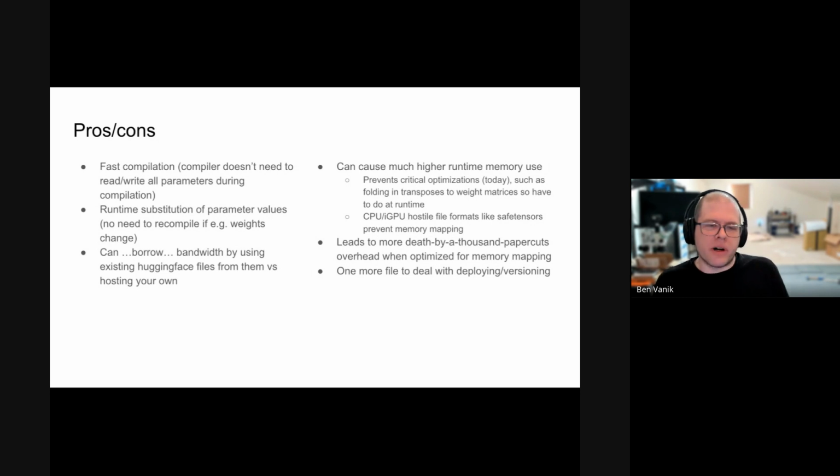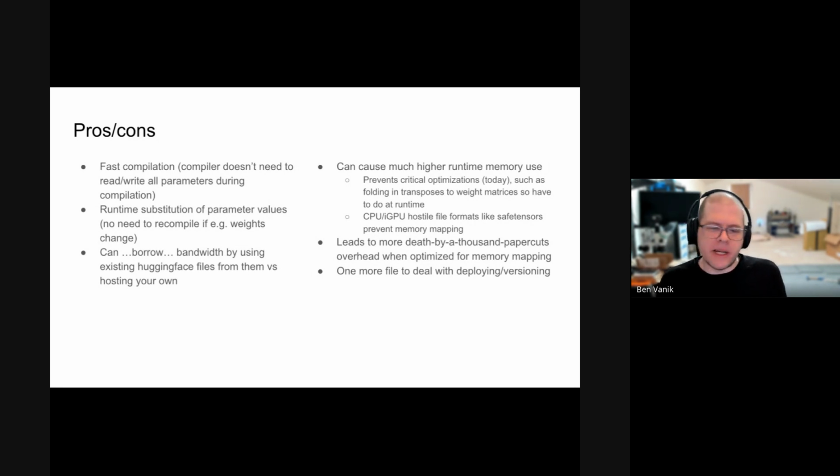The disadvantage of parameters is that as you're doing this, it disables optimizations that we would otherwise be able to perform. And some of these are very critical if what you care about is the actual end-to-end latency of your program, the startup time of your program, or in most cases, the most critical thing, the peak memory consumption of your program. So if we in the compiler can no longer see and interact with your parameters because they're an external blob we don't know about at the time of compilation, it means that if what we need in the compiler is to transpose the right-hand side of a matrix multiply, to transpose the weights,